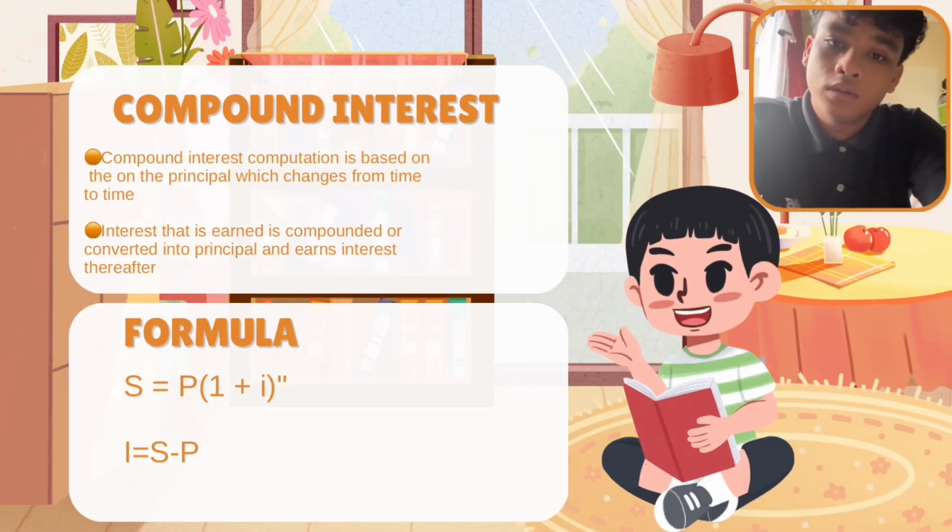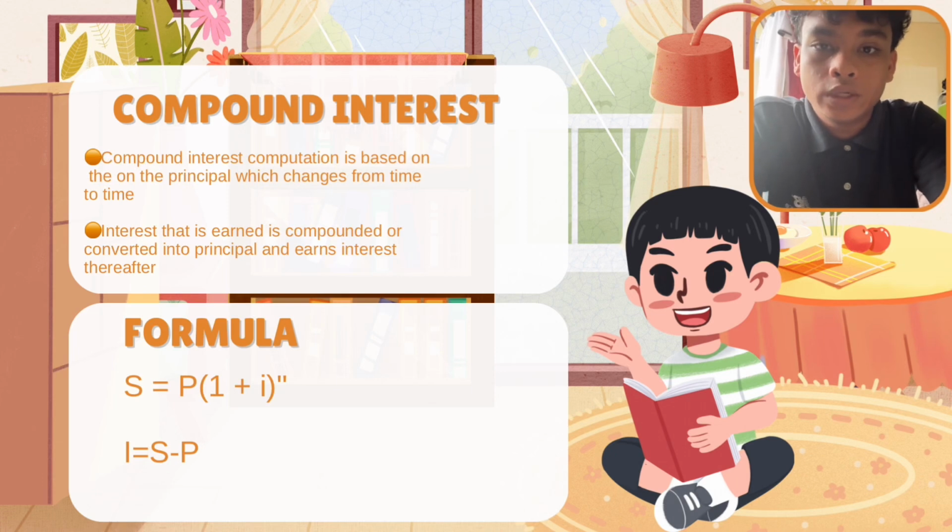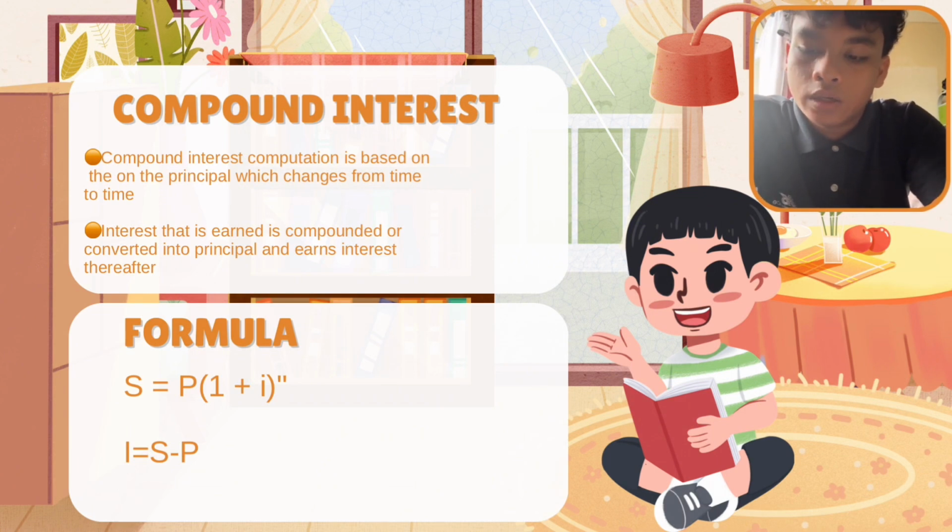Hi, Assalamualaikum. So, what is compound interest? First, compound interest computation is based on the principle which changes from time to time. Second, interest that is earned is compounded or converted into principal and earns interest thereafter. The formula is S equal to P bracket 1 plus i bracket to the power of n, and i equal to